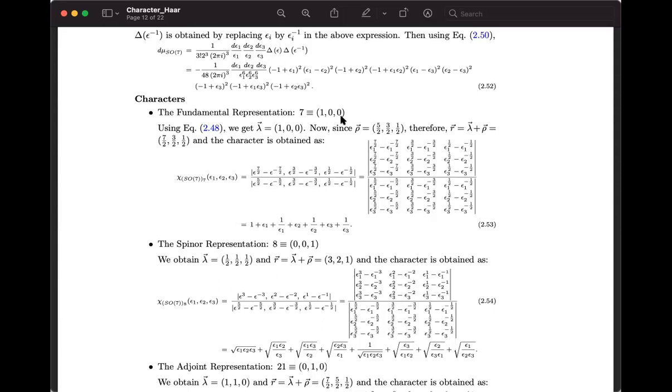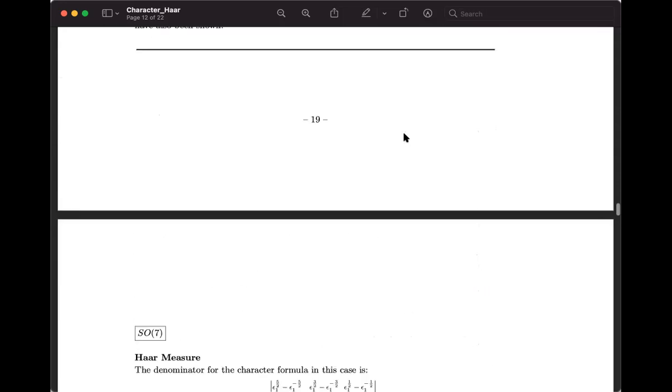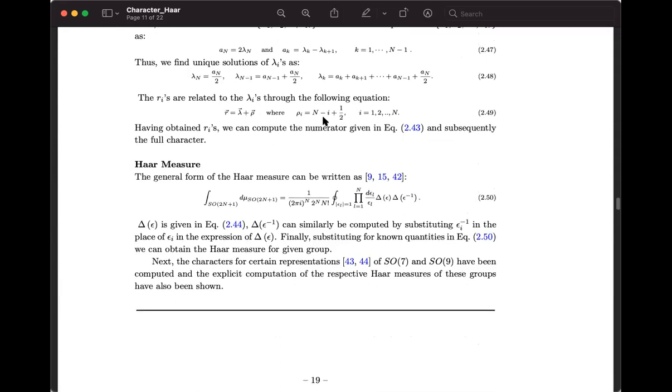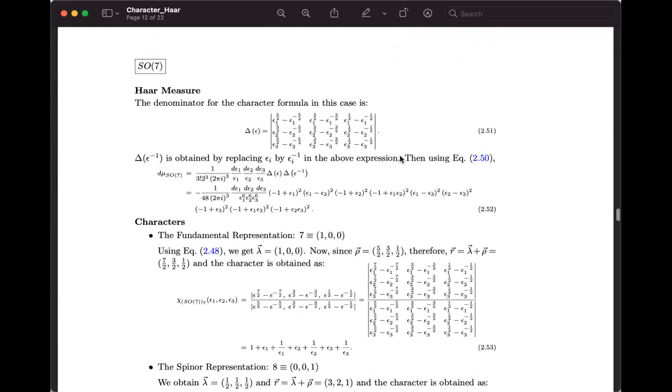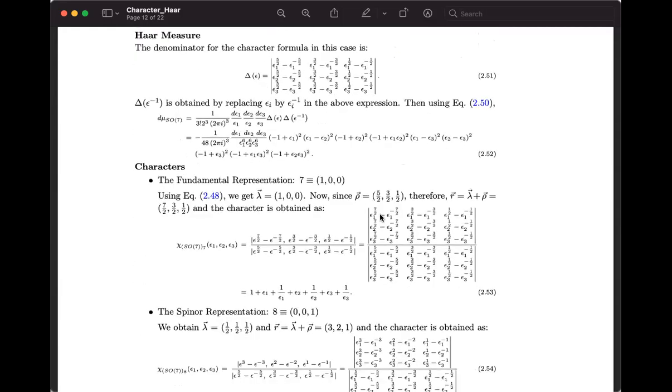You can think of this way, and then we get the lambda 1, 0, 0, since rho equal to 5 by 2, 3 by 2, half, because rho is defined like n minus, also 3 minus 1 minus 1 plus half, and so on. It will be computed. So we get this thing. So now what we have to do, we have to calculate the r. R is lambda plus rho. So we get the r, and we plug in back r here. So we get this numerator, and then the denominator. You can calculate the character of the 7-dimensional representation of SO7 in this particular form.